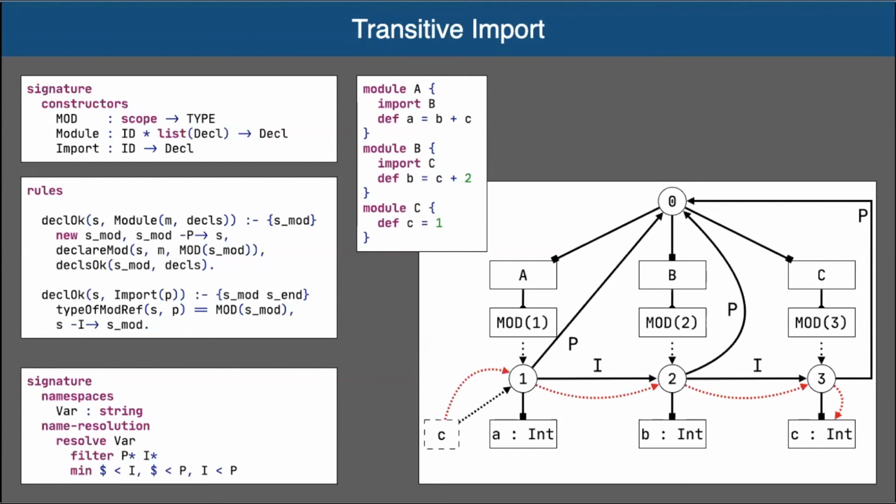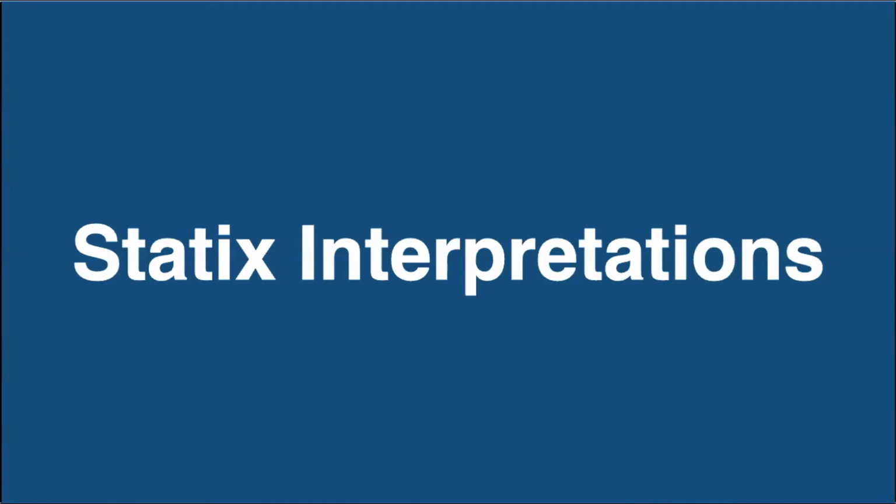So I've shown these notions a bit in an operational style, where we construct the scope graph as we solve. But really, the declarative view is that you should interpret these rules as there being a complete scope graph for the program, and then you see whether the predicates hold in that model. The operational interpretation of actually building that scope graph is one of the interpretations of statics.